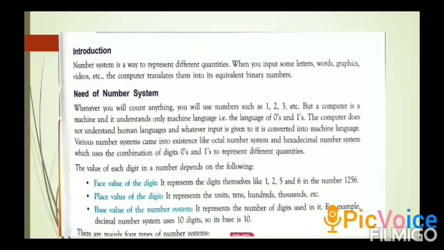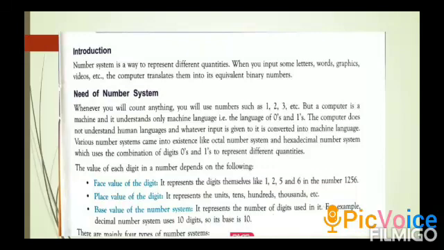The computer does not understand human language. You can give any type of input, like words, letters, graphics, images, video. It is converted into machine language. Number systems like binary and hexadecimal use combinations of digits, zeros and ones, to represent